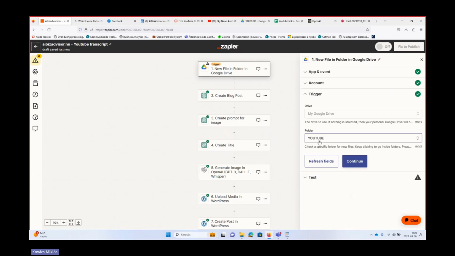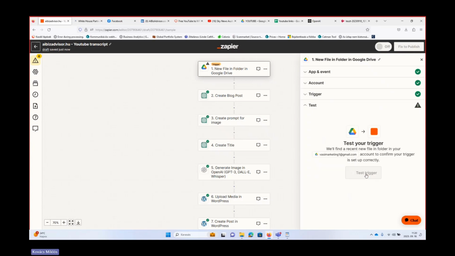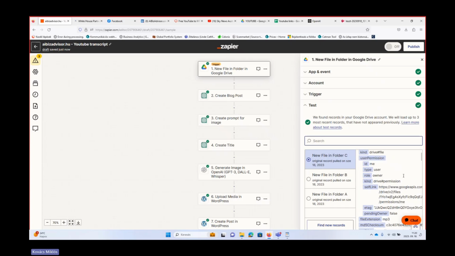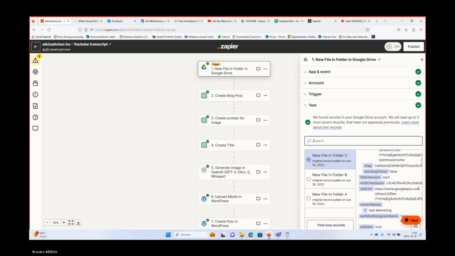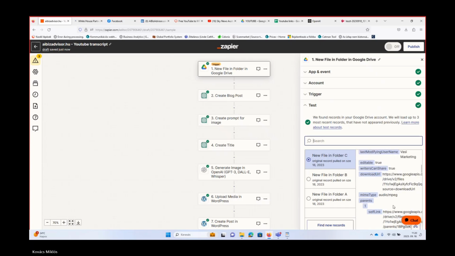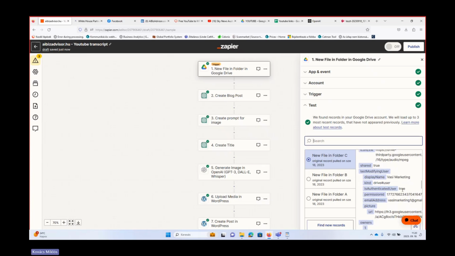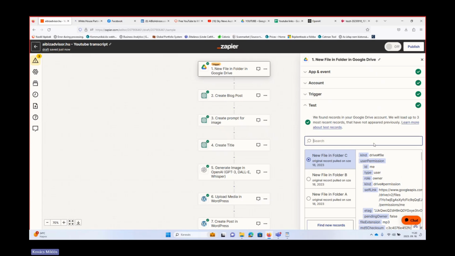I created a folder called YouTube, and then I can test my trigger. Hopefully the system will find the files. Yes, as you can see, there is some result.